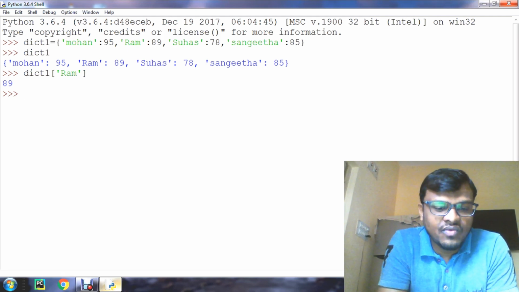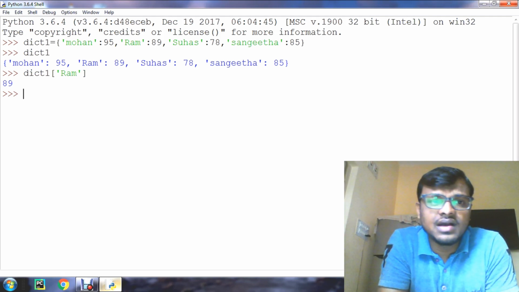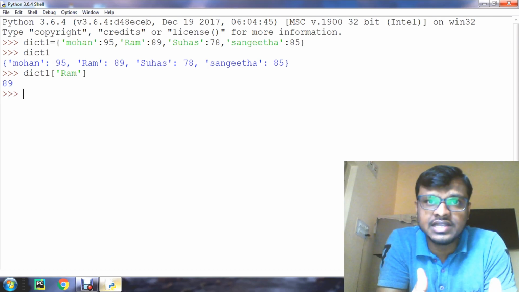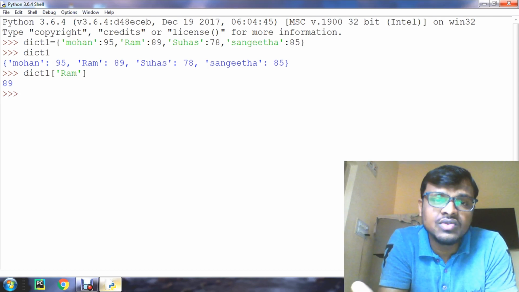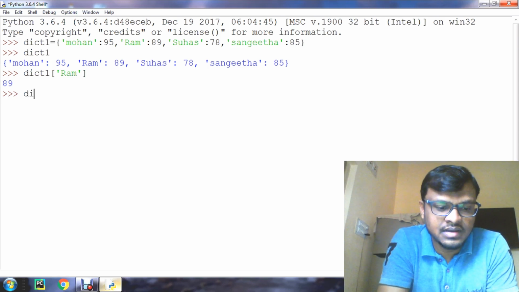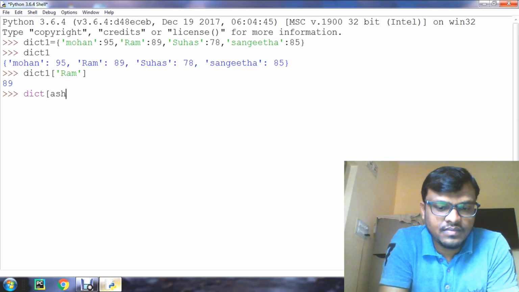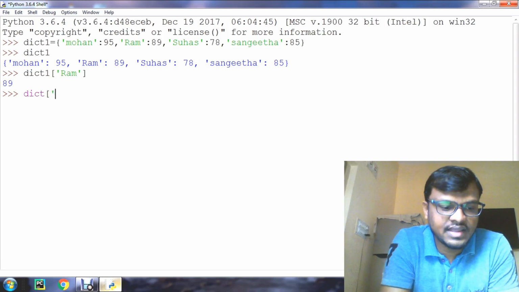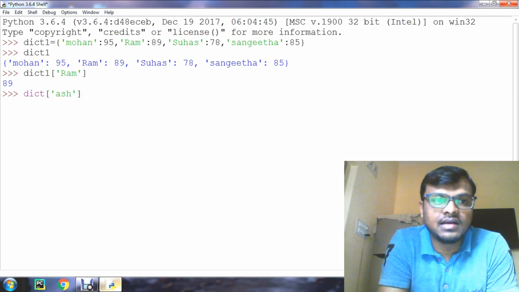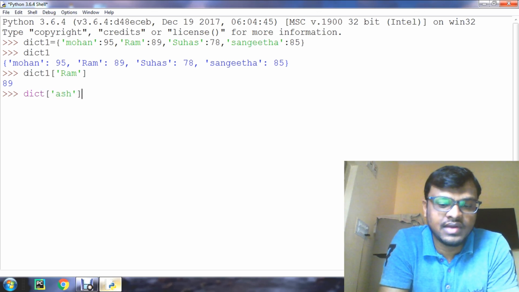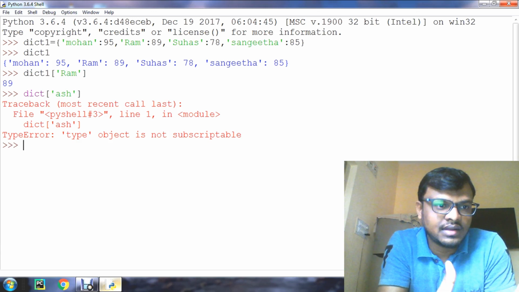Understand? What if we give something other than a key present in the dictionary, what will happen? It will give a key error. For example, take dict1 of something not present in the keys of the dictionary, what happens?